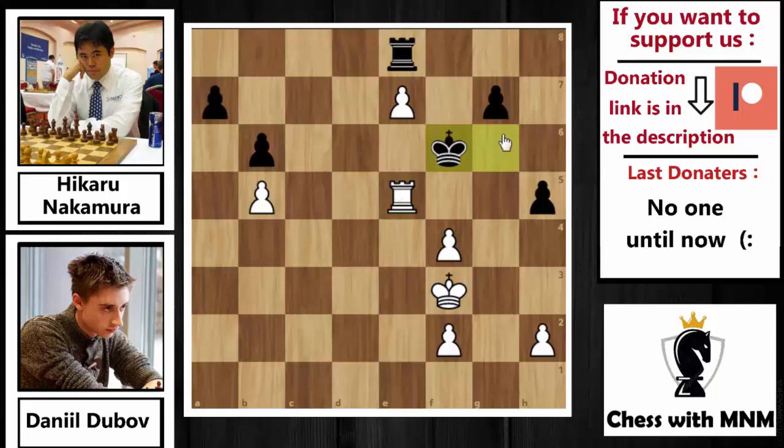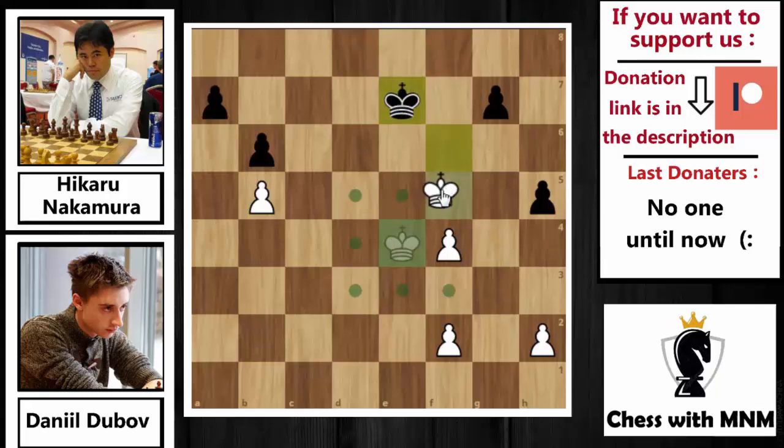Here, Nakamura played king to f6. I want to capture on the e7, and Dubov said welcome, capture on the e7, king to e4. The idea here, if you capture on e7, and this is what happened in the game, I will capture with my rook on e7, and after king capture on e7, simply I will play king to f5. And this is what happened in the game, and after king to f5 in this position Hikaru Nakamura resigned